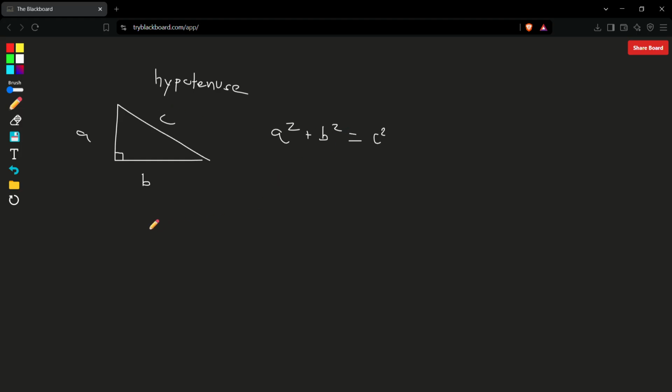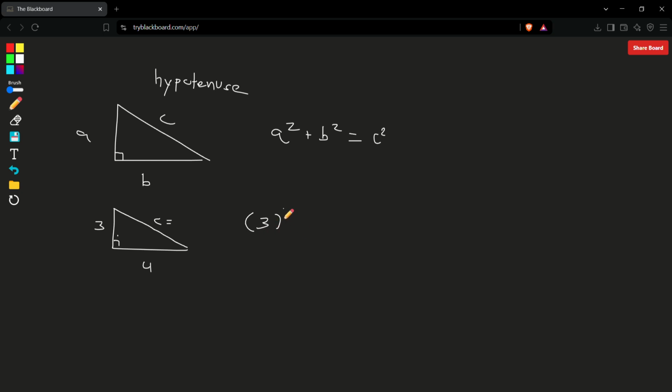Now, let's try an example. Alright. Let's say 3 and 4. What would be the value of c? Now, as I said before, you could put 3 and 4 anywhere on these values as long as it's on this part, except for c. c would be on the right side, or the opposite side, of these two. So let's put a as 3